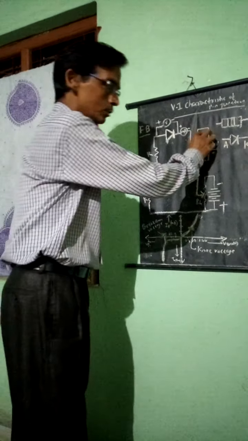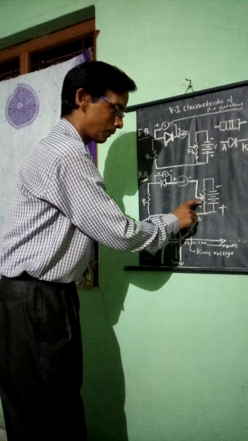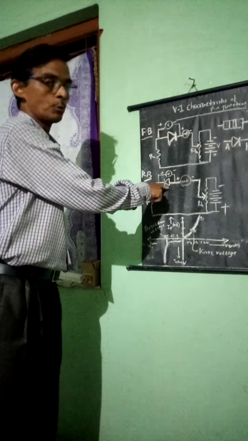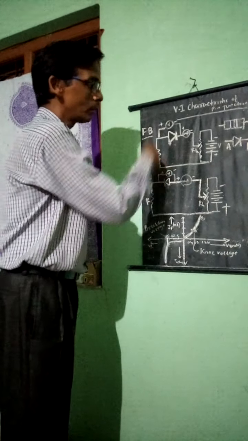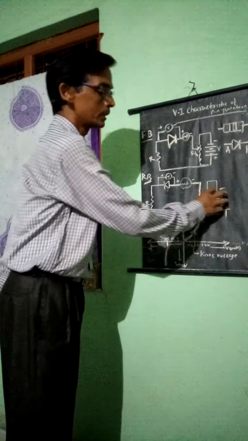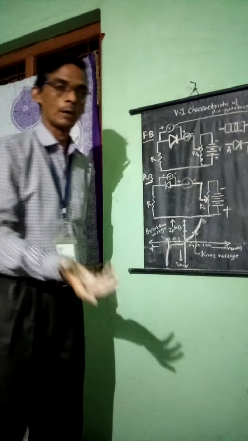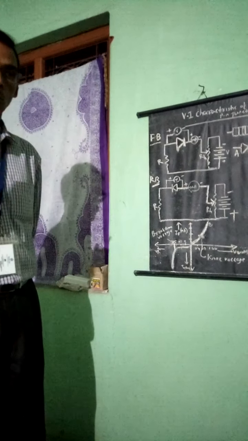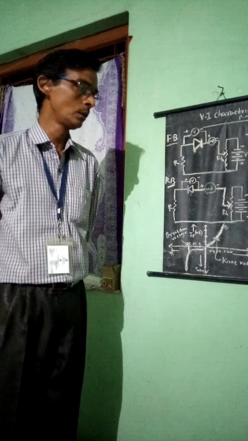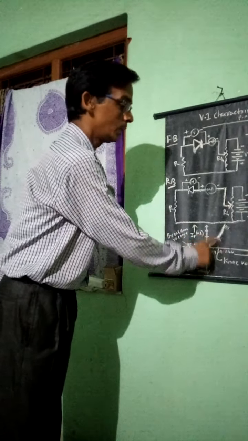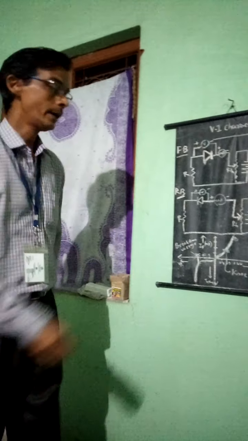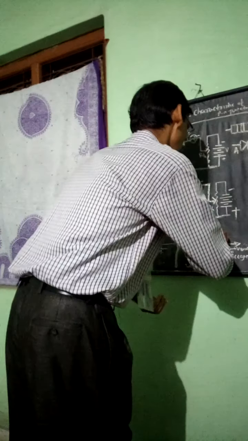The battery source is as usual connected by means of a rheostat, and I am only changing the polarity of the diode here. If the diode polarity is not changed, you may change the battery instead. Breakdown occurs in the reverse biasing position, and in the forward biasing position, current starts to develop at the point of the knee voltage. Hence this is useful practically.